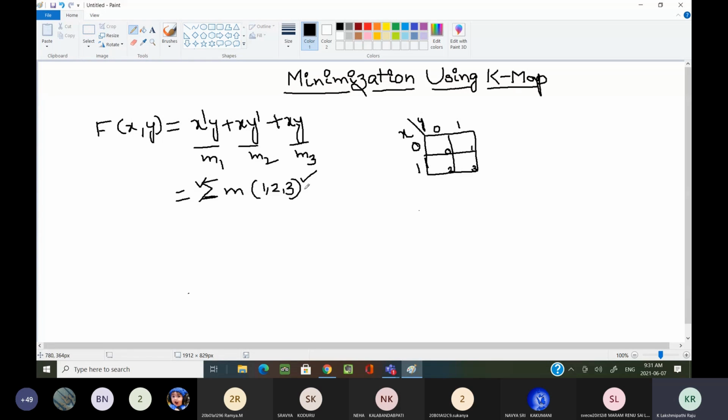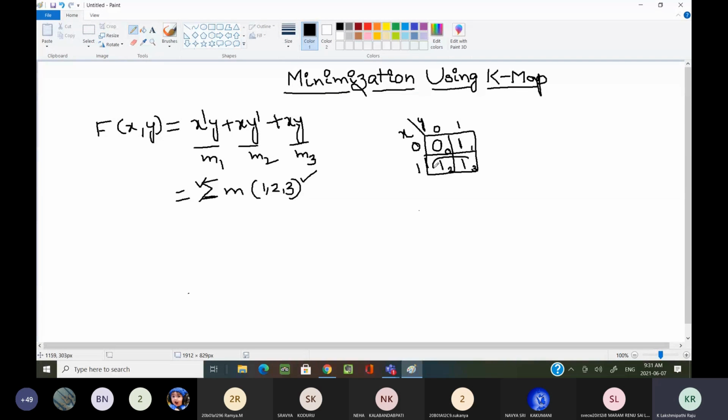Now directly by seeing this expression or this shortcut form, you can fill the map with ones. Why? Because the given expression is an SOP expression. Here I can fill the map with 1. Here I can fill another one. Here also another one. What about the remaining min terms? Actually, no need to fill. Some people fill the remaining min terms as zeros, but actually it is not required. Now wherever you find ones, what do we have to do after filling the ones? We have to group the ones. Now how are we grouping the ones?